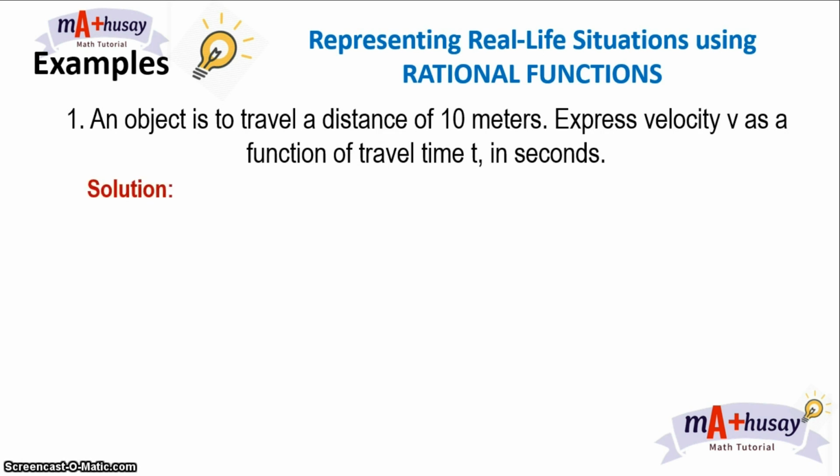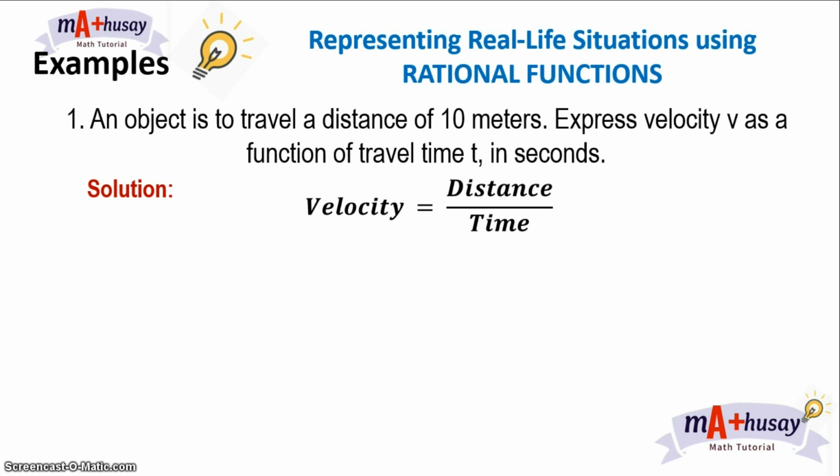Alam natin na ang distance is equal to velocity times time. Dahil gusto nating i-express ang velocity v as function of travel time, we have velocity is equal to distance over